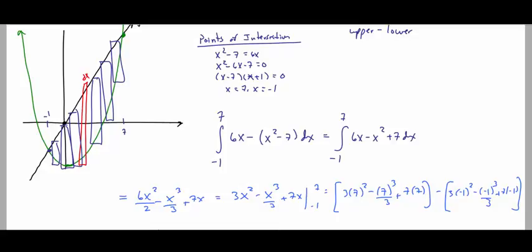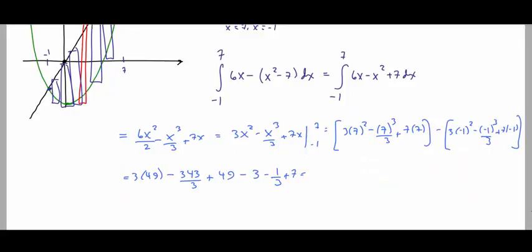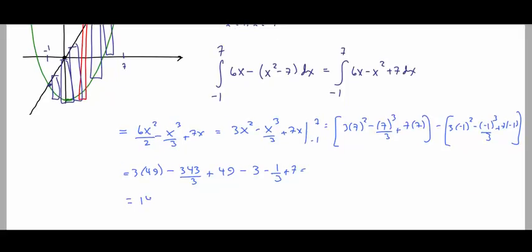Okay, so 120 plus 27 would be 147. The 343 over 3 doesn't reduce. Actually, I'm going to reorder these a little bit. I'm going to put all my integer values over here and then my fractions on the end. So 147 plus 49 minus 3 plus 7, 10. So that equals 200